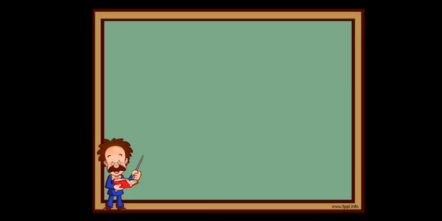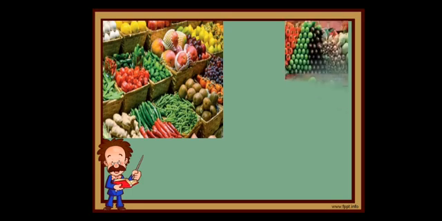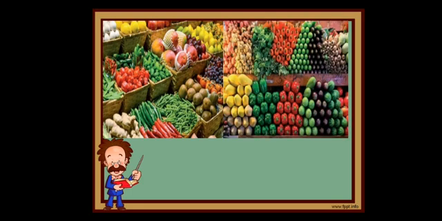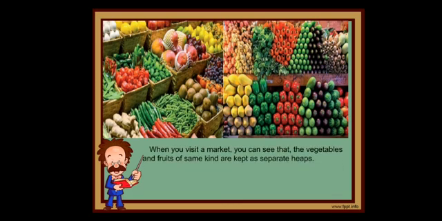So when you go to a fruit shop or vegetable shop, how have the fruits and vegetables been arranged? When you observe, fruits of the same kind are kept together, right? So in a similar way, we can group the same kind of terms in an algebraic expression. So how to do that, we'll see in this video.